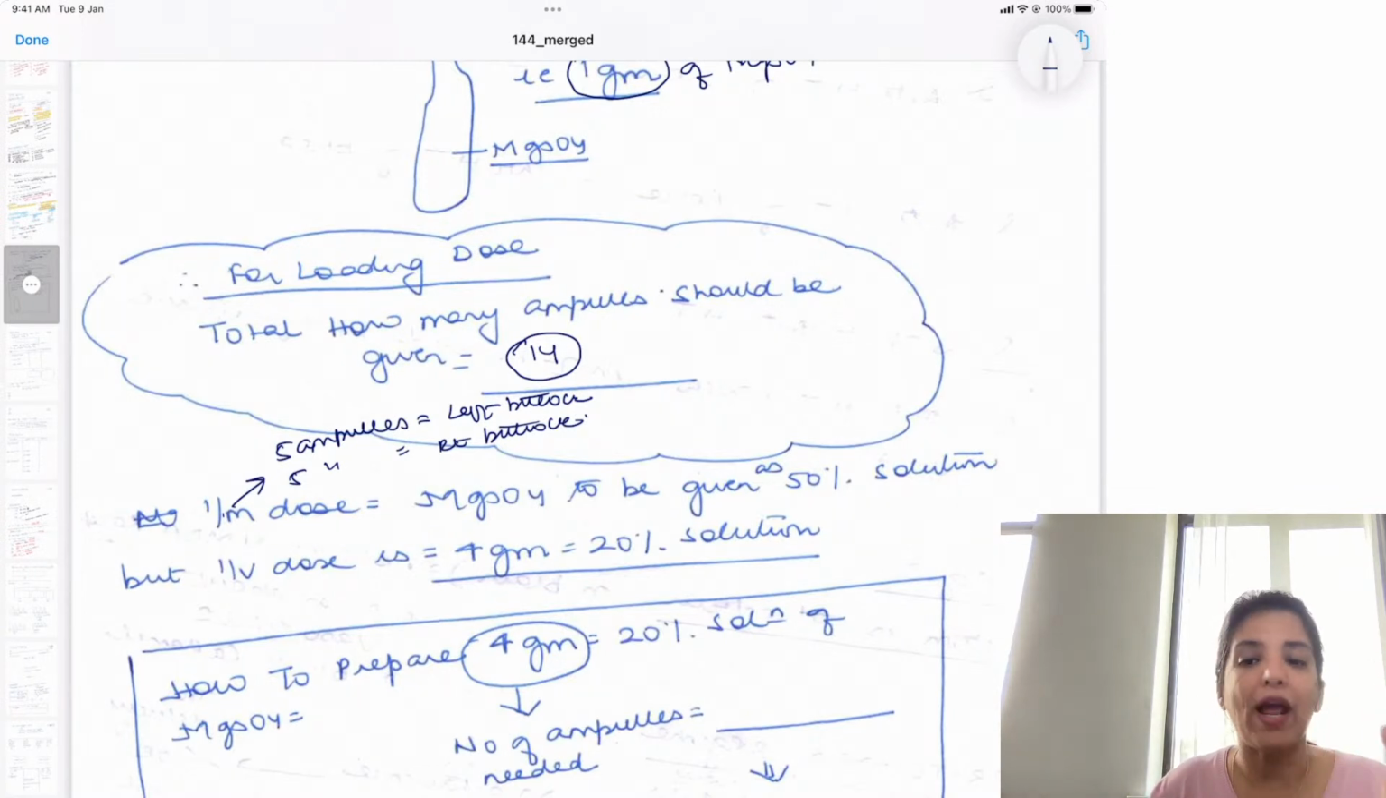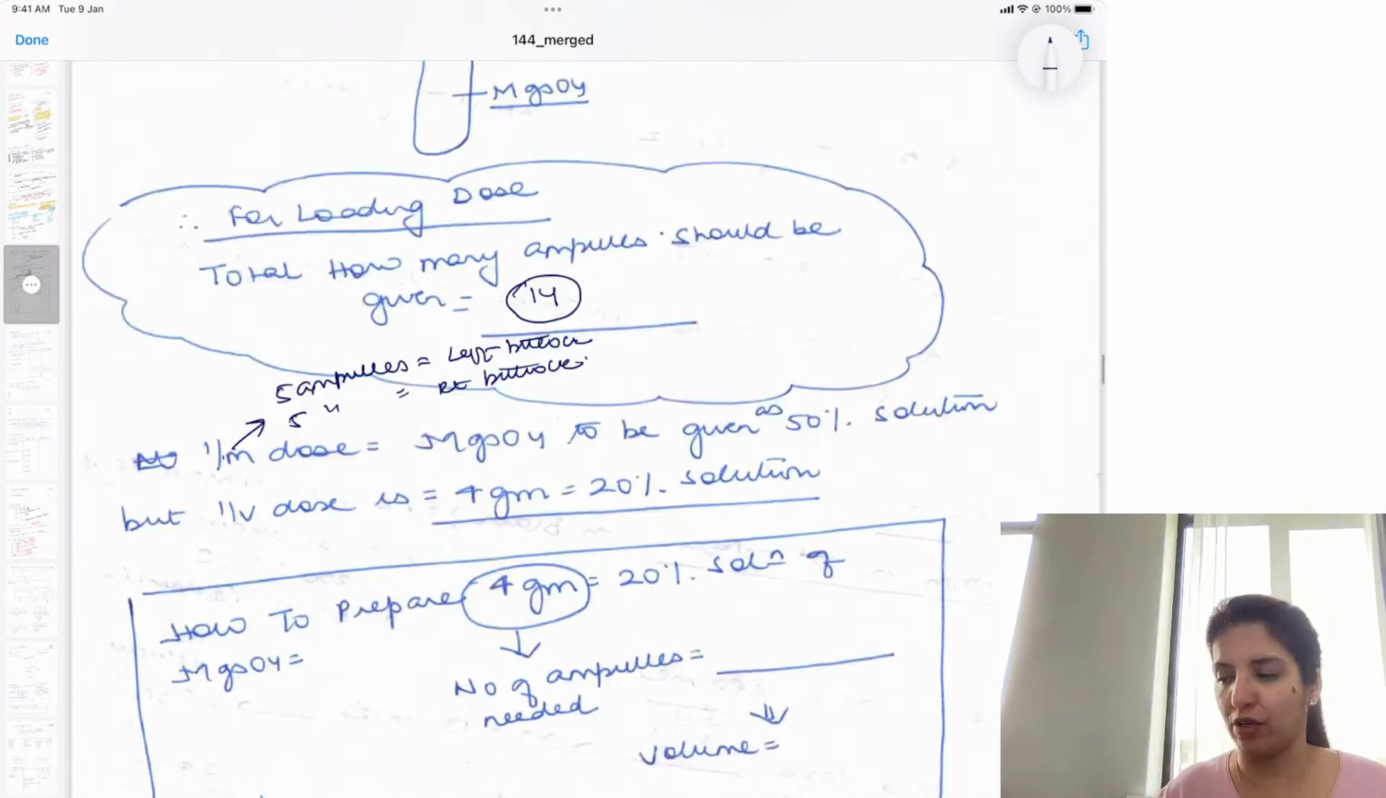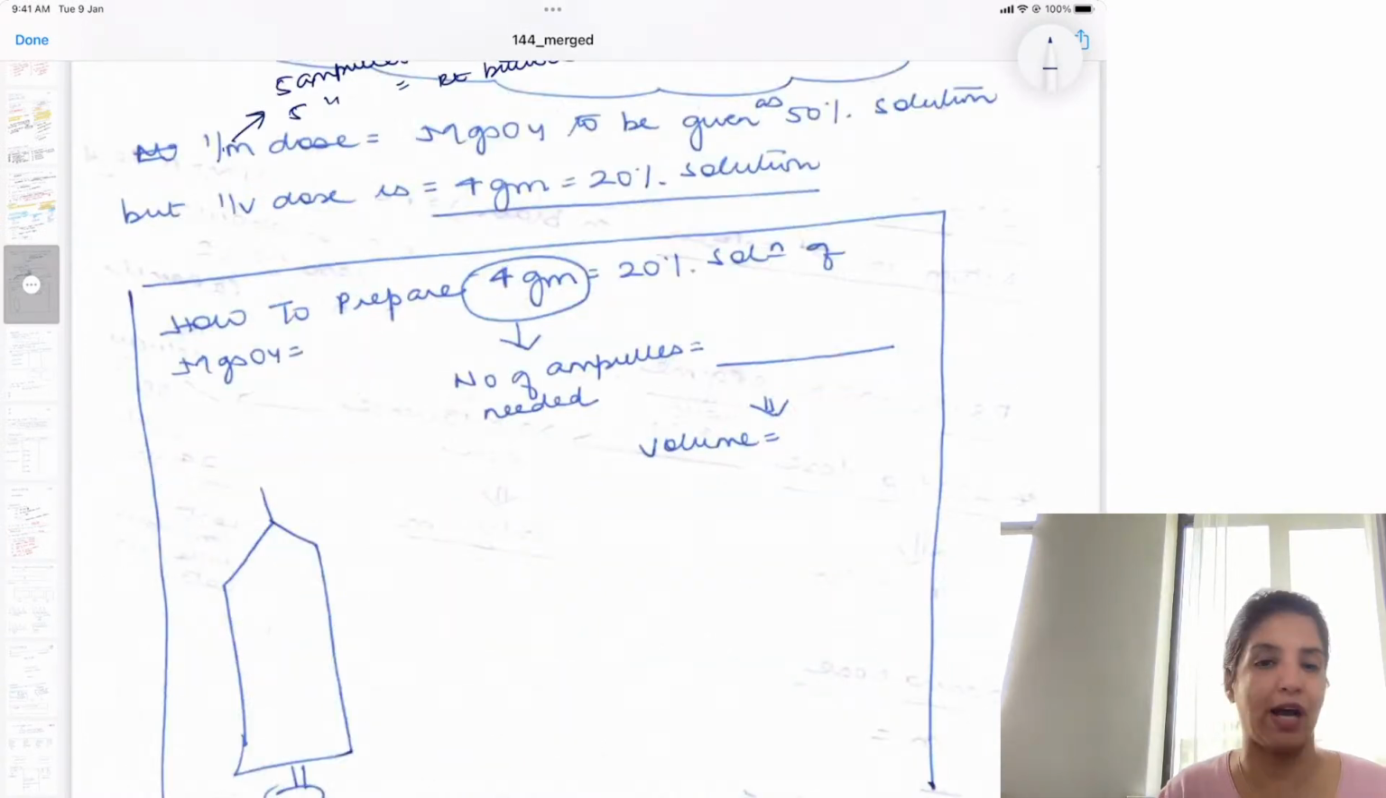Now, the 4 ampules which are left, they are 4 grams, but they are 50% solutions. Magnesium sulfate जो available होता है market में is available in the form of 50% solutions. लेकिन हमें जो देना है, हमें 20% solution देना है. So, I have to first make 20% solution and then I have to give IV. And this was a very, very important MCQ which was asked in NEET, that how are you going to make